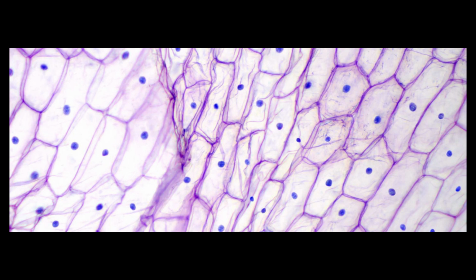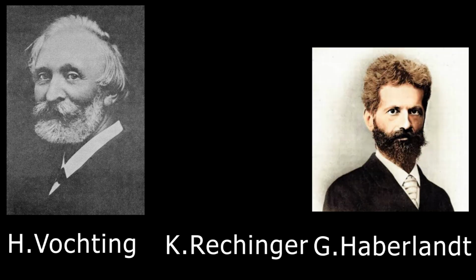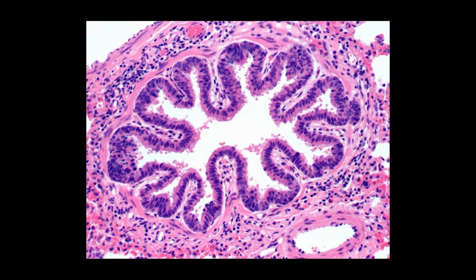In the late 19th and early 20th centuries, German scientists Fechsing, Reichner, and Haberland for the first time tried to cultivate an isolated cell in a test tube in support of the idea that a plant cell could give birth to a new organism. The study of tissues is the subject of the science of histology.